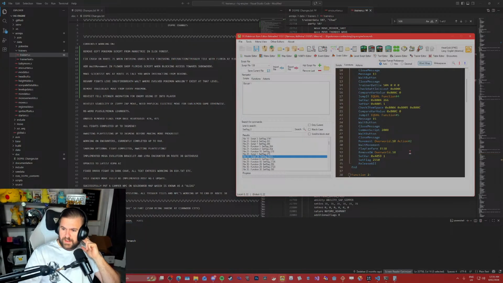I think it could be the fact that we're not removing the overworld, but the thing is I don't know how to remove an overworld on a different script. Like on a different header.